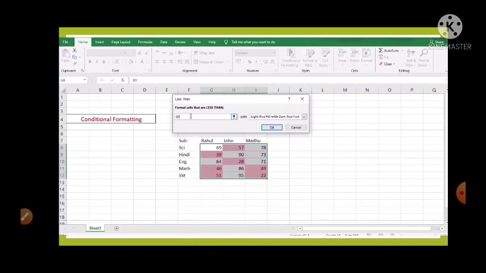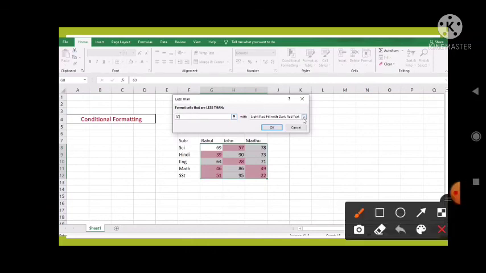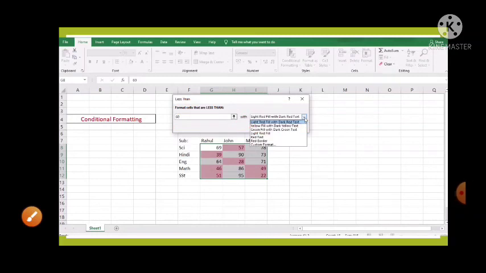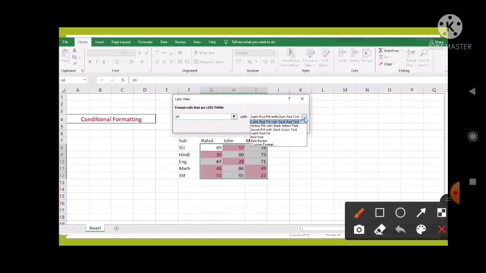So here the condition is less than 60, and in the with combo box we are choosing a different format, yellow fill with dark yellow text.